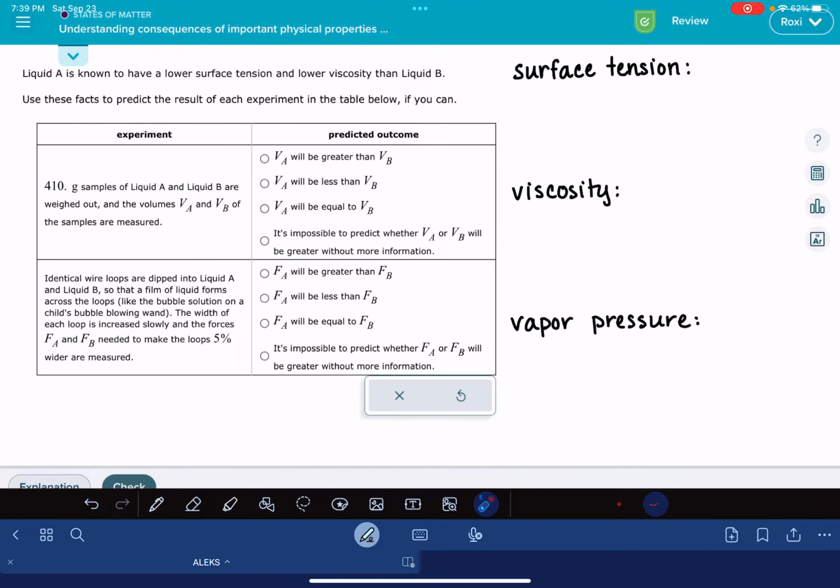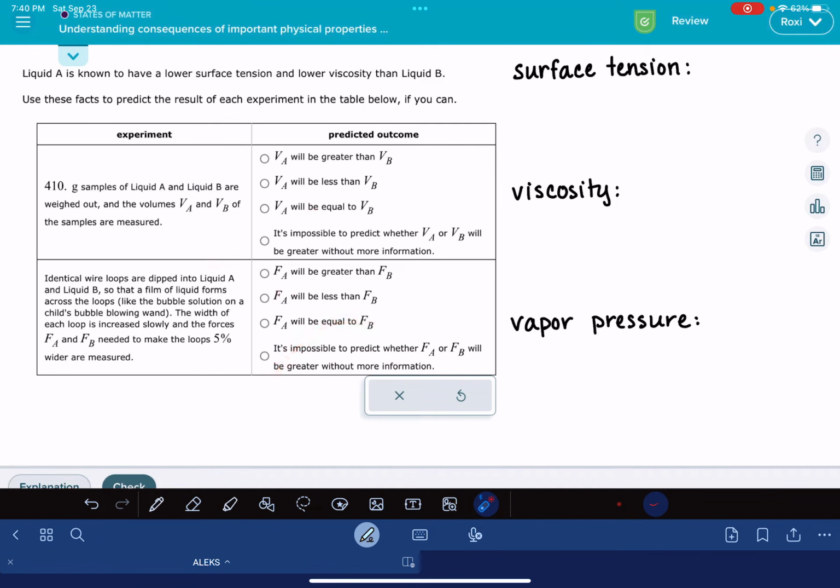In this video, I'll give you some tips for solving the ALEKS problem called Understanding Consequences of Important Physical Properties of Liquids. Before we get into this, I want to let you know this is actually a pretty dirty problem. ALEKS has got a lot of weird trick questions in this problem. I don't love it. I am hopefully going to be able to walk you through the variations of the problem